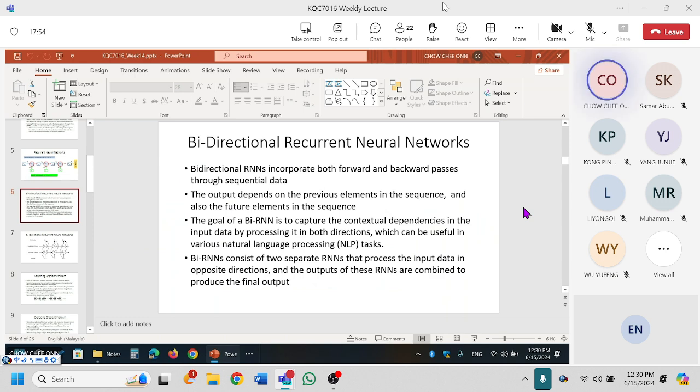Like I mentioned, I have some things that I wrote here. It's possible for us to create what we call a bidirectional RNN. So that means,